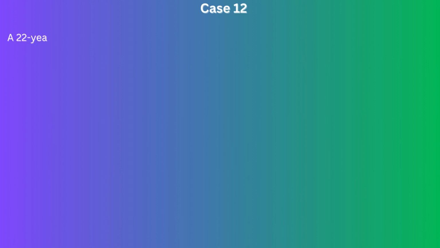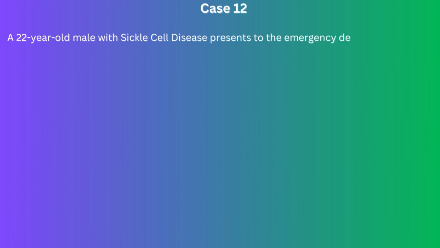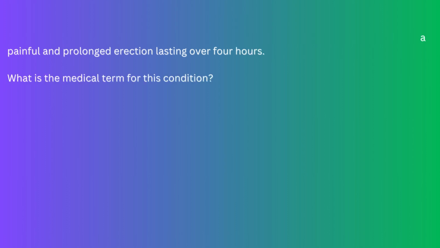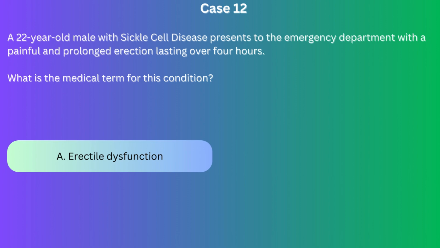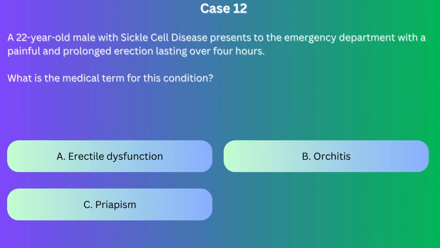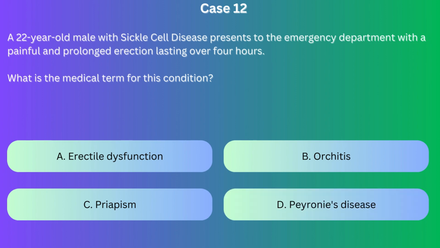Case number 12. A 22-year-old male with sickle cell disease presents to the emergency department with a painful and prolonged erection lasting over 4 hours. What is the medical term for this condition? A. Erectile dysfunction. B. Orchitis. C. Priapism. D. Peyronie's disease. Correct answer C. Priapism is a serious and often painful medical condition in sickle cell disease, characterized by prolonged and